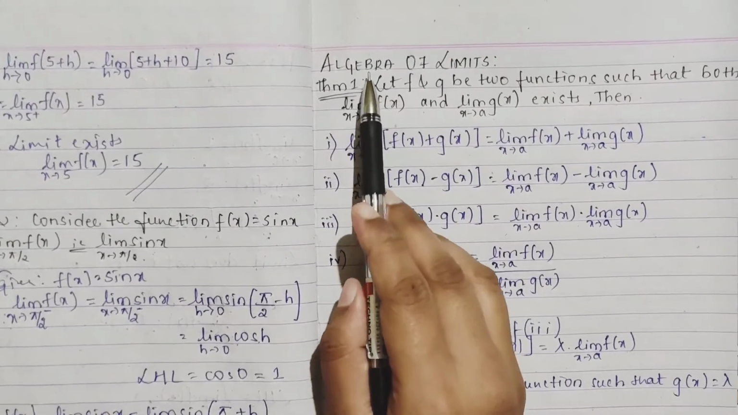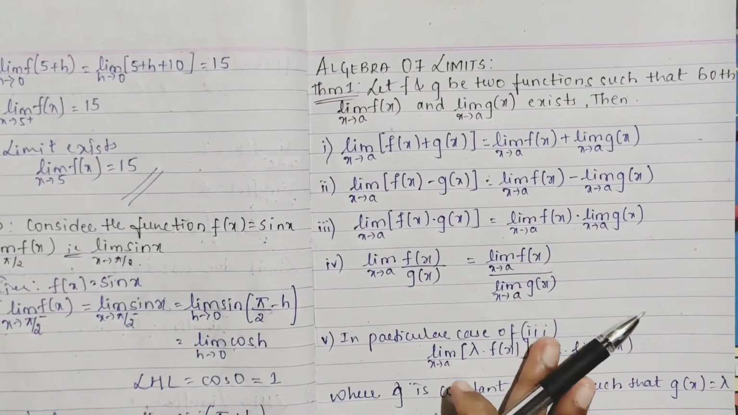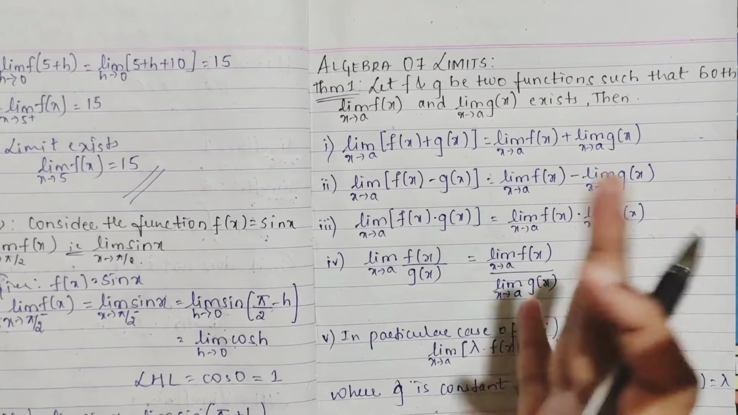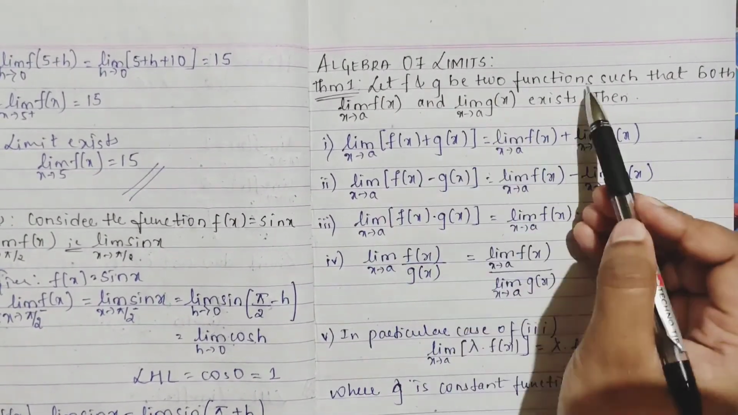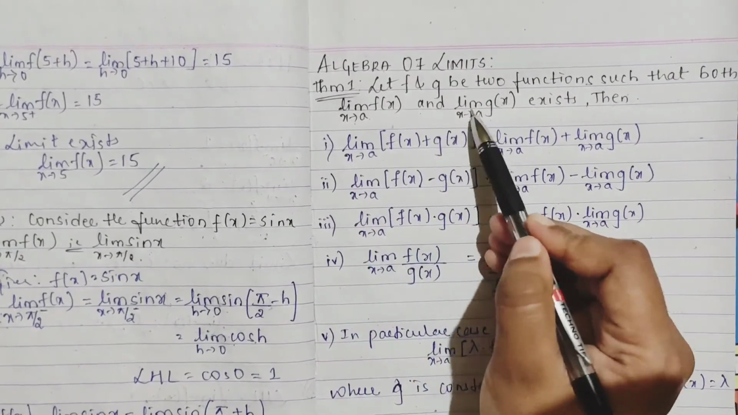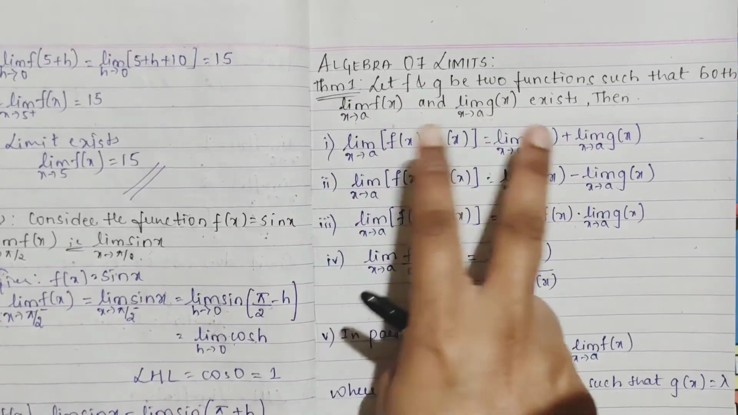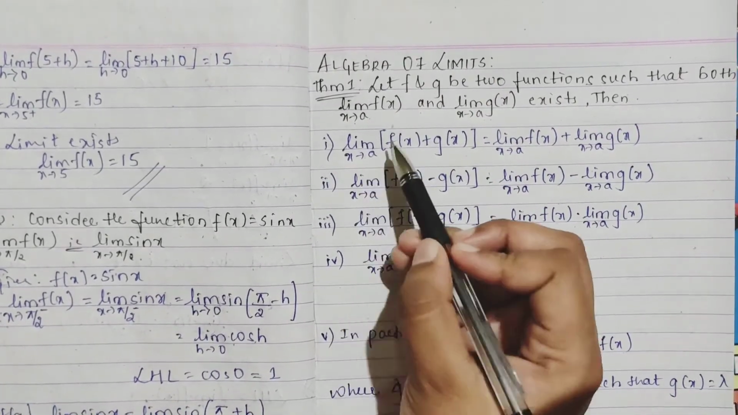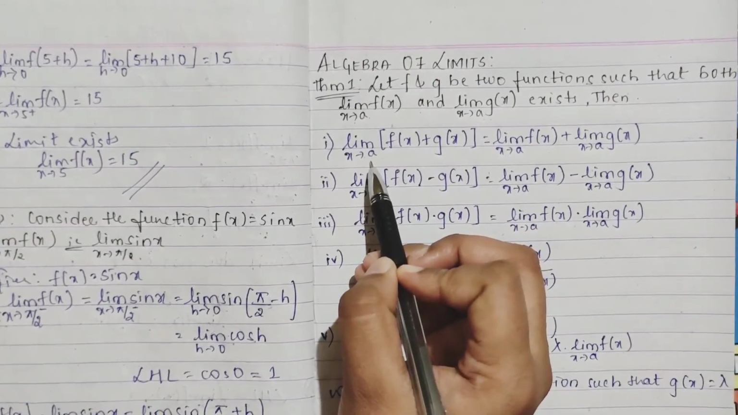The next part is algebra of limits. It is nothing much in depth, but just your addition, difference, how it works, that's it. It is a theorem kind of: let f and g be two functions such that both limit f of x as x tends to a and limit g of x as x tends to a exist. When both separately exist, then the limit of f of x plus g of x as x tends to a